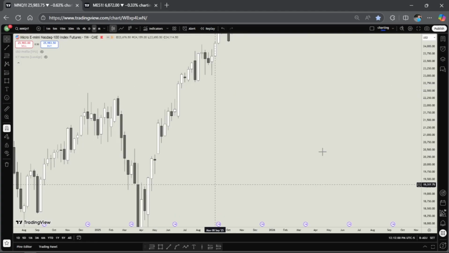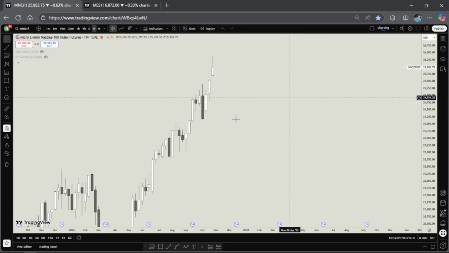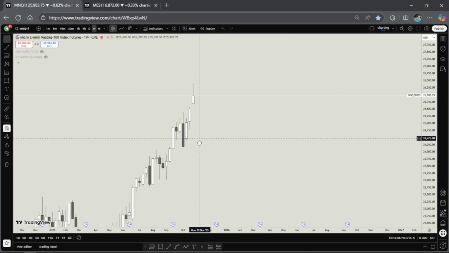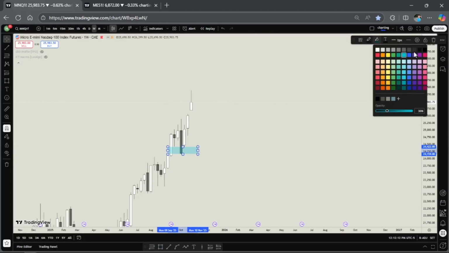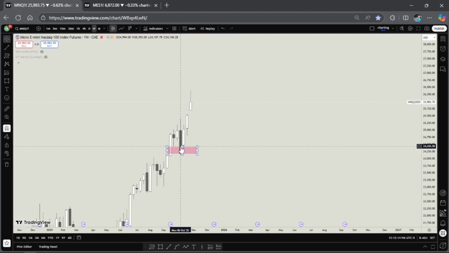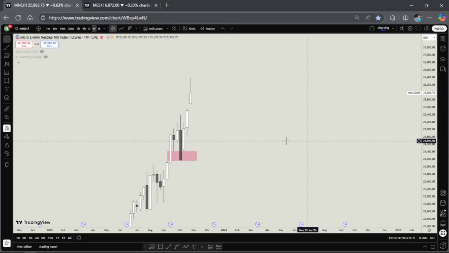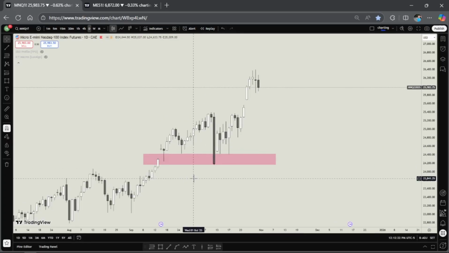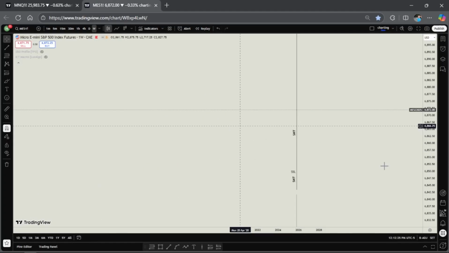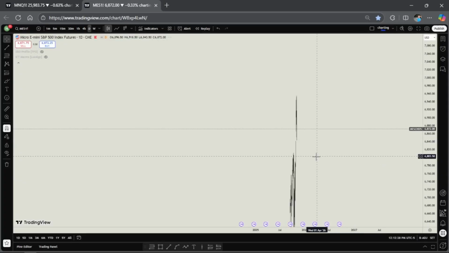On weekly, as you can see, bullish order flow is still respecting. We're still pumping up. Last week we held this bullish imbalance. We tested this and we respected this bullish imbalance, and then we pumped higher. And on the daily, as you can see, and on ES also,